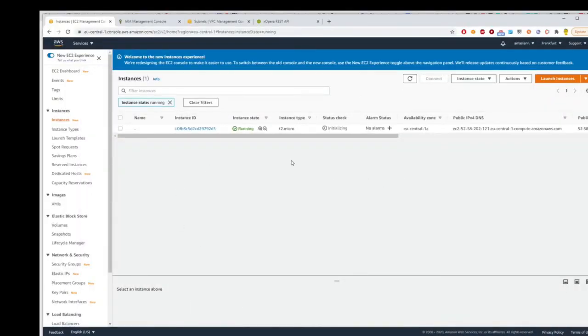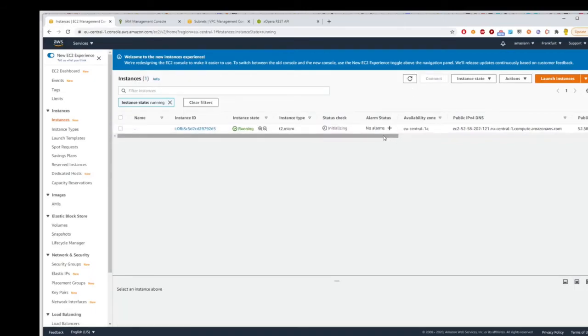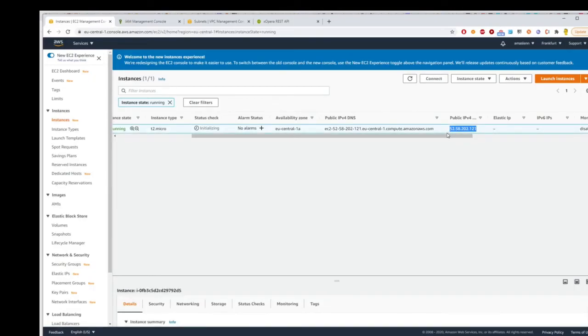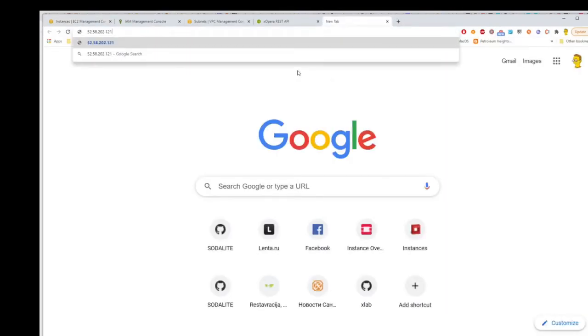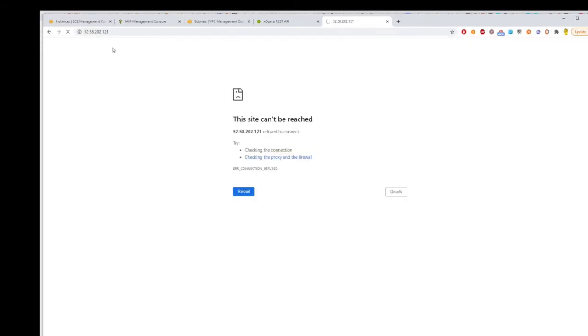Okay. The instance is initializing. We can check the IP address and verify that there is nothing there.